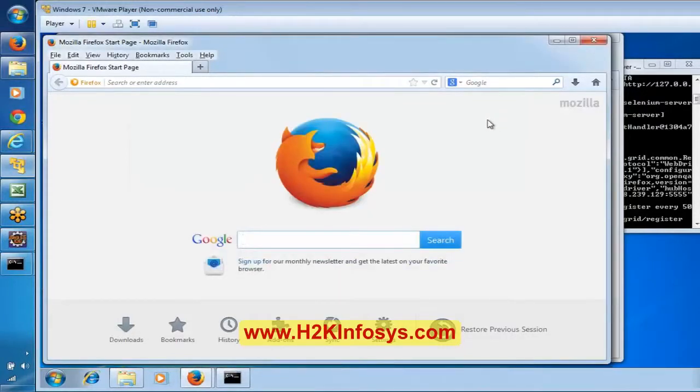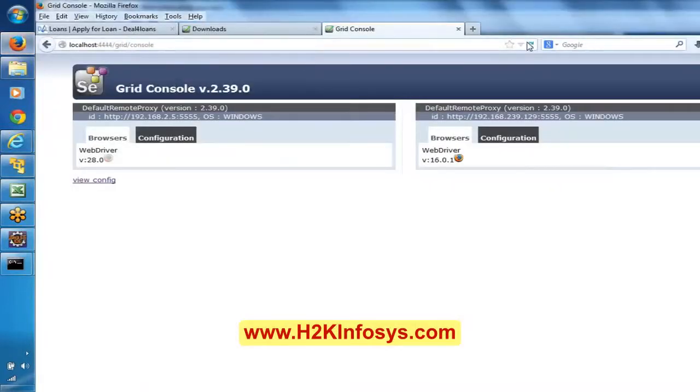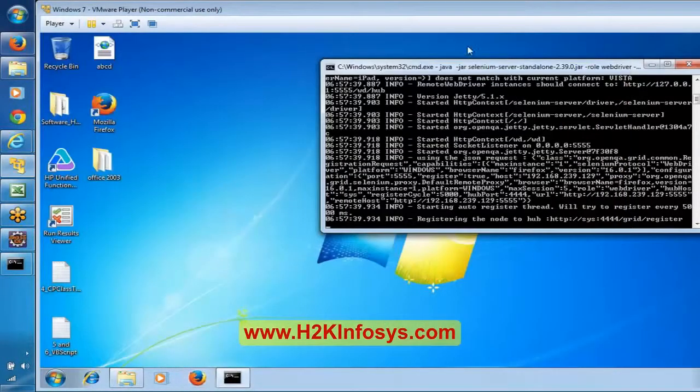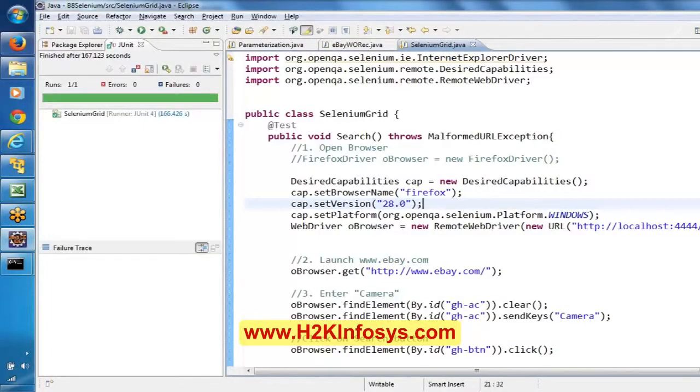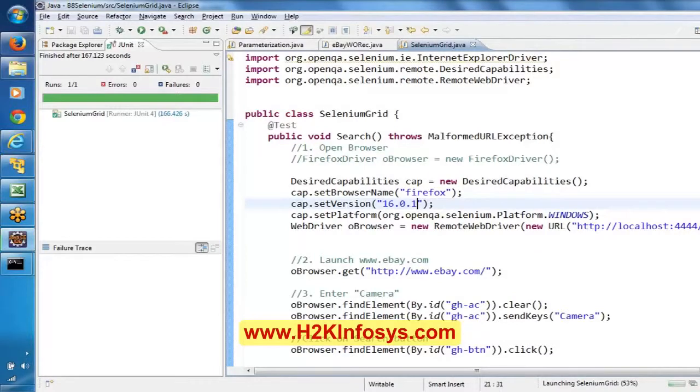So obviously it is going to choose one of the machines here. Now if we refresh, we have registered as 16.0, right? We'll give it a try on this. But not sure, it automatically got updated here. Now see here, I'm saying 16.0.1, right? That's it. Now see here, the remaining things are the same.